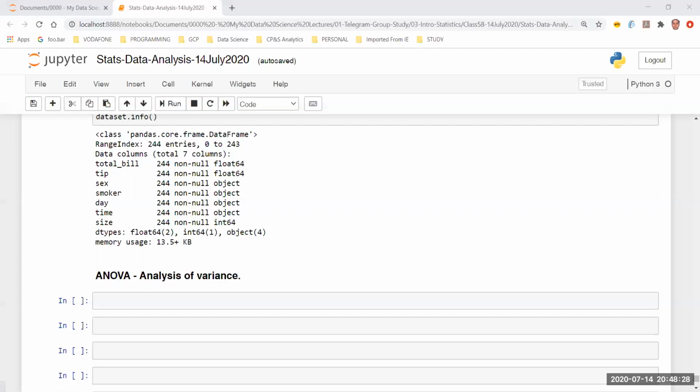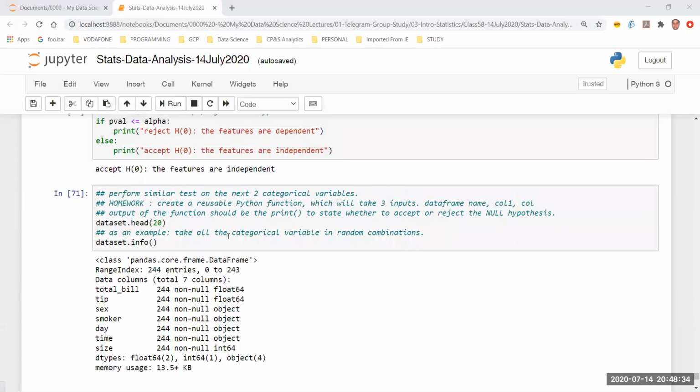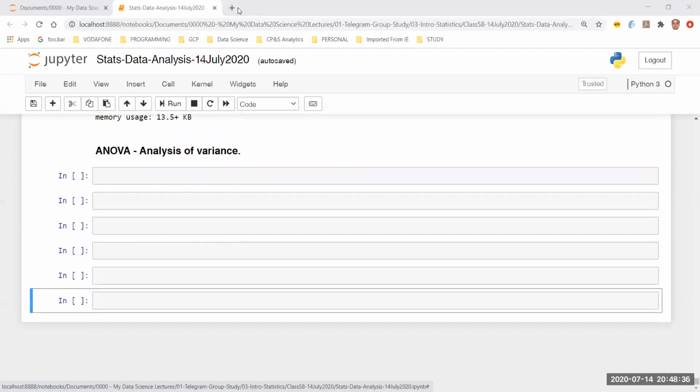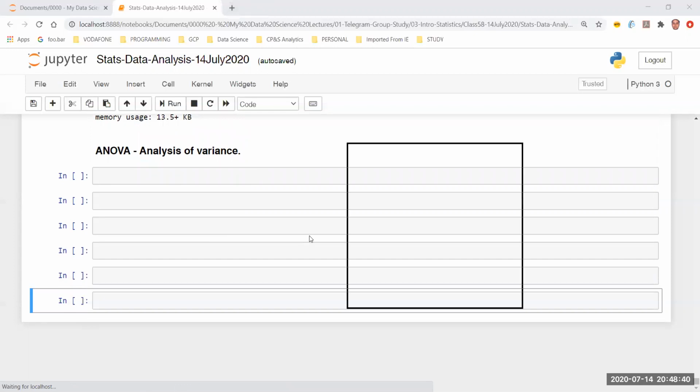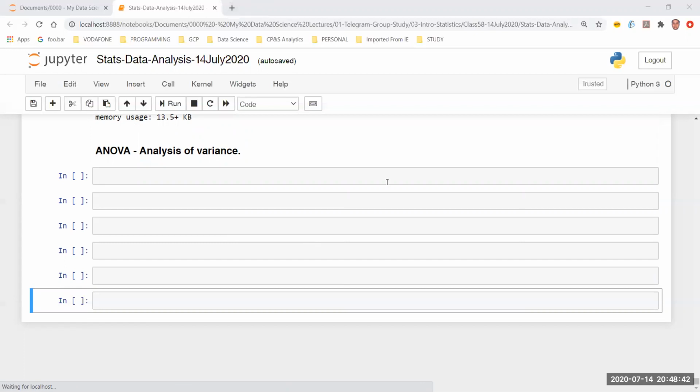Okay. Let's give it a start. I hope you can see my screen, right? You can see the IPython notebook which I have. So let me just make some space. And here I am going to explain a few things.